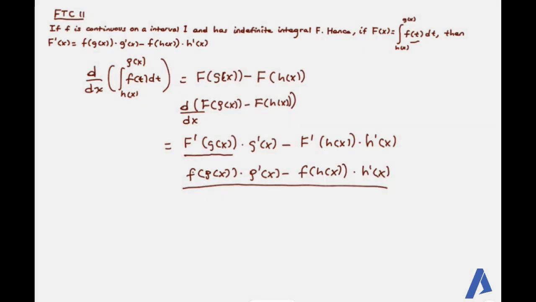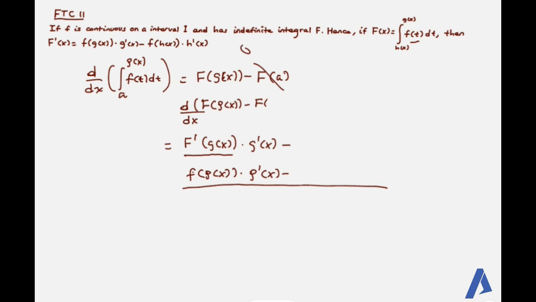h of x ለምሳሌ እዚህ ጋር constant ቢሆን some constant a which is in the given interval ቢሆን ምን ይሆናል? ይሄኛው ይጠፋና f of a ይሆናል። the derivative of any constant function with respect to any variable ሁሌ 0 ነው። ስለዚህ እቺኛው ትጠፋለች 0 ትሆናለች ማለት ነው። ስለዚህ ፋይናሊ መልሳችን ይሄኛው ብቻ ይሆናል ማለት ነው።